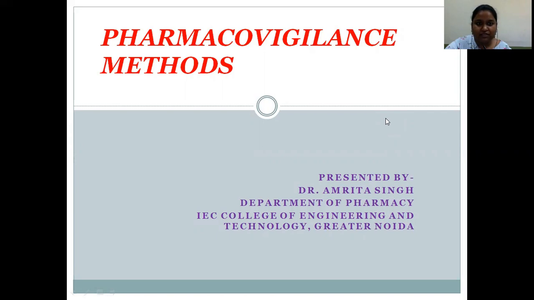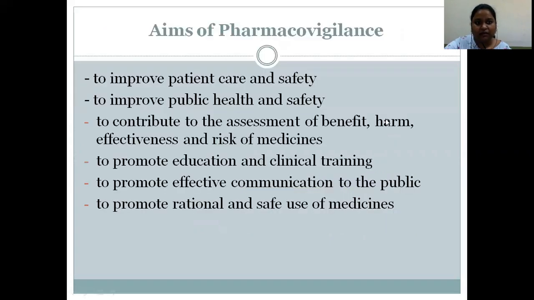Today I'm going to present a topic on pharmacovigilance methods, or different methods to evaluate the vigilance of the drug, the adverse effects of the drug, the causality, the way of reporting, and how they are registered in the format. So as you all know, the aim of pharmacovigilance is to improve patient care and